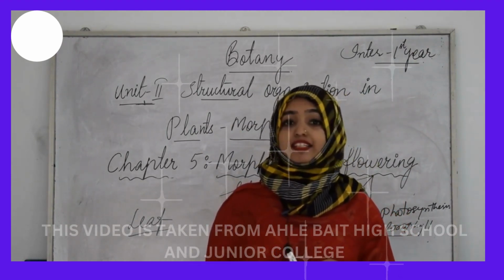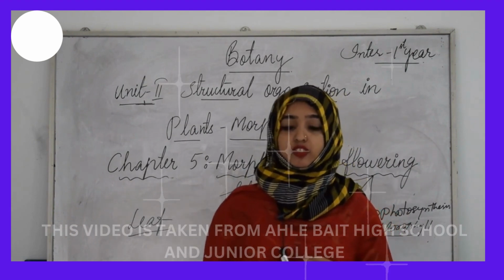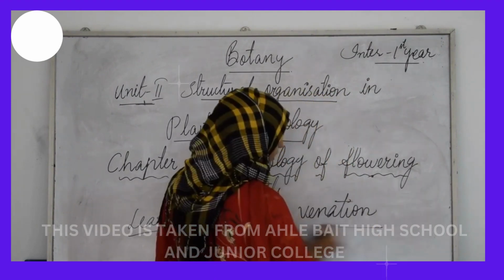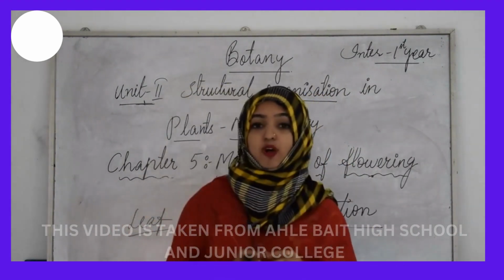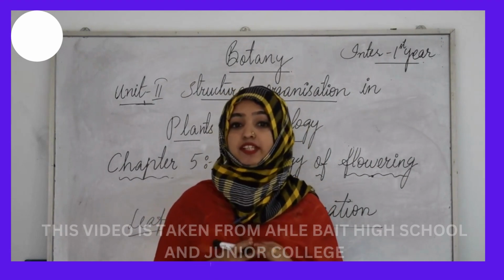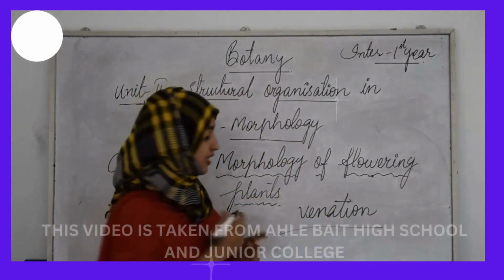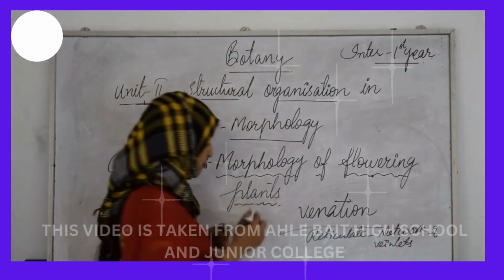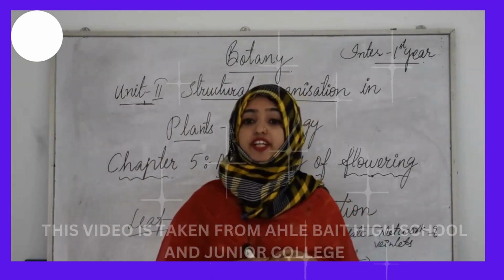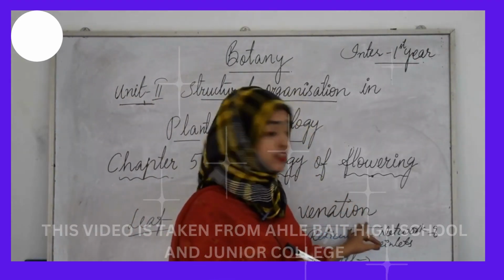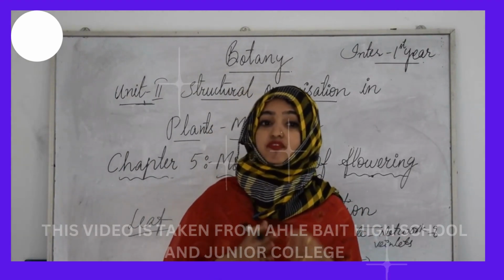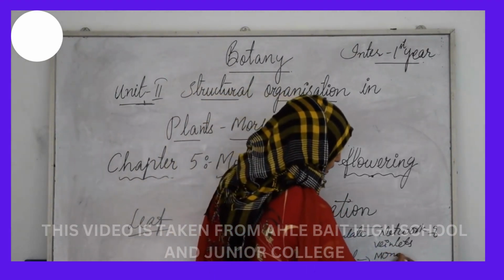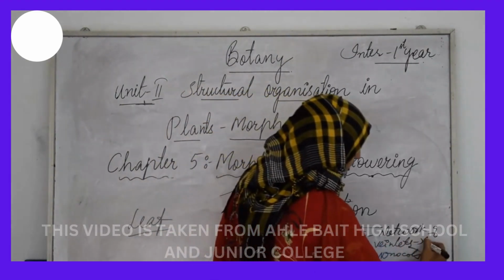And the shape, margin, apex and extent of incision of lamina vary in different leaves. Now, how the veins and veinlets are arranged on the lamina of the leaf actually. When the veinlets form a network, the venation is termed as reticulate venation. And when the veins run parallel to each other within the lamina, the venation is termed as parallel venation. Leaves of dicotyledonous plants generally possess reticulate venation, while the parallel venation is the characteristic feature of most monocotyledons. So this parallel venation can be seen generally in monocots, and this reticulate venation can be seen in dicots.